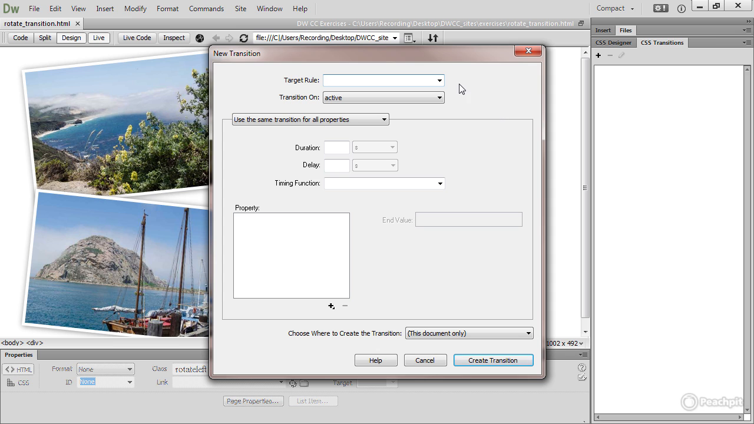The target rule, if you open that little menu by clicking the down arrow, gives you a list of all the styles already defined in your style sheet. I've got two classes there, rotate left and rotate right, div and image. What I would really like to do is to apply the transition to both rotate left and rotate right. And the easiest way of doing that is to create a new class. So I'm going to cancel this new transition by clicking the cancel button,